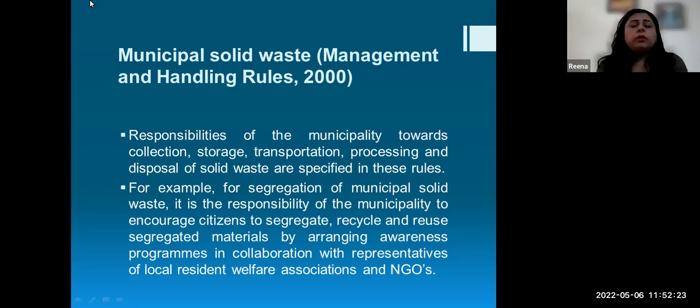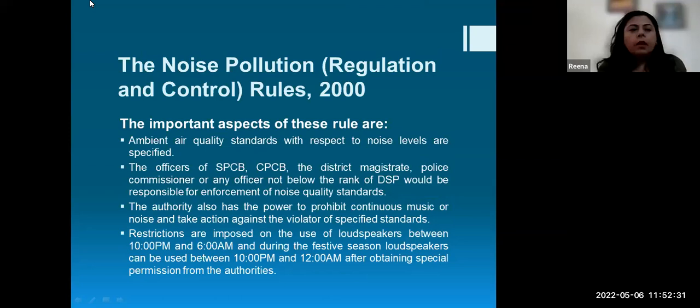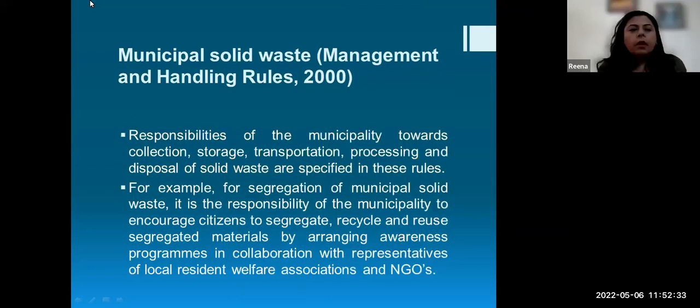One thing I would like to add to this municipal solid waste. Now, municipal solid waste is again having many categories. Plastic waste management has been added, construction and demolition waste has been added, e-waste has been added. So earlier, these wastes were part of municipal solid waste only. But now there is separate categorization of municipal solid waste, plastic waste, e-waste, as well as construction and demolition waste. So waste has to be treated independently through their respective disposal agencies.